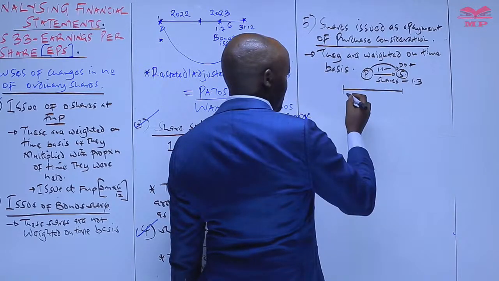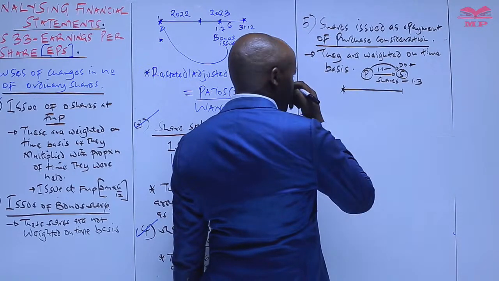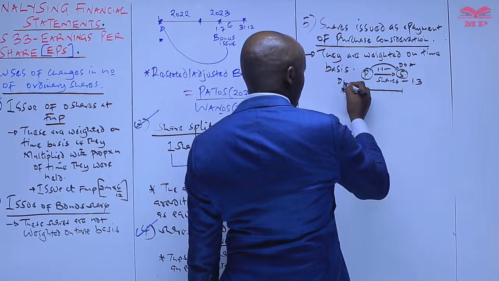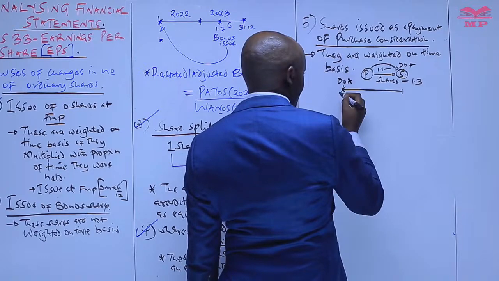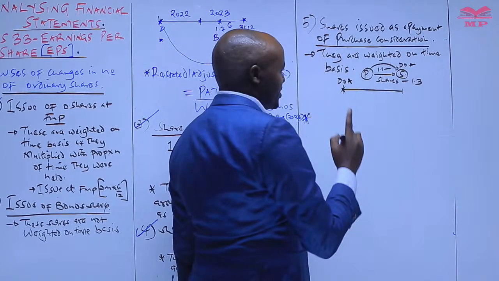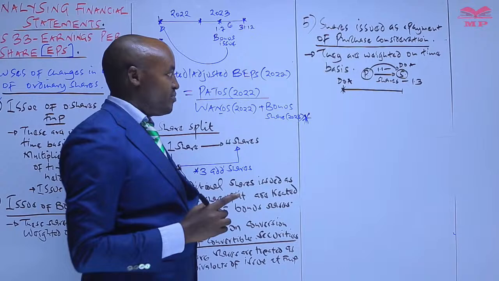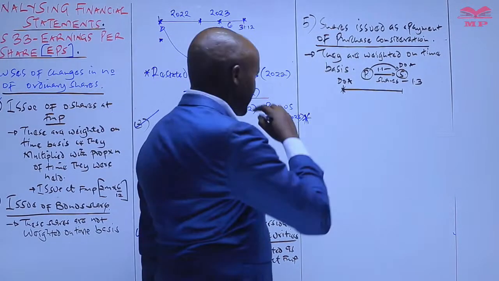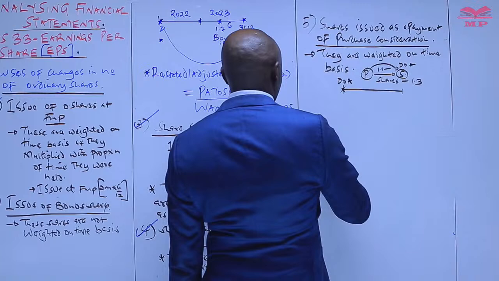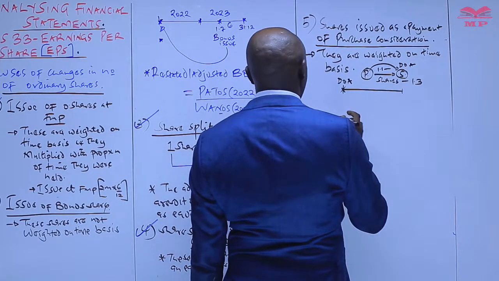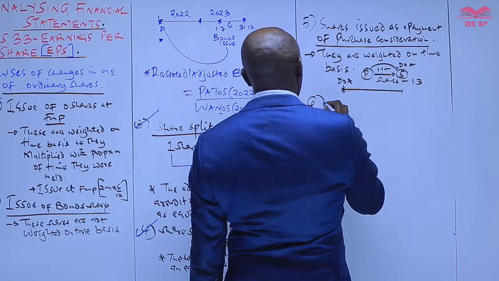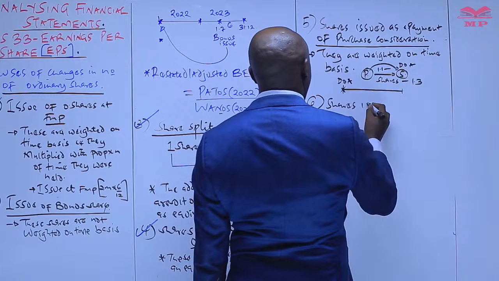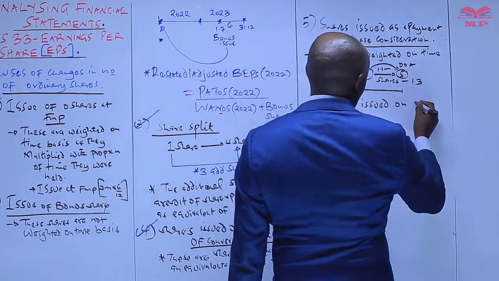In this case, these particular shares are taken into account from the date of acquisition, because that is the date when the shares were supposed to be issued. That is for the purpose of determining the proportion of time you are going to use in weighting those particular shares. Then number 6, we have shares issued on exercise